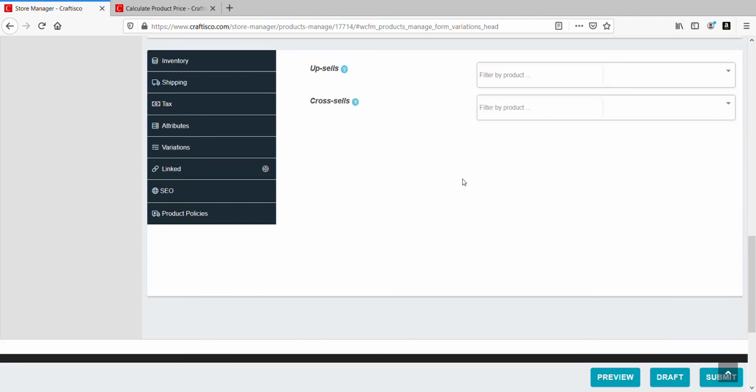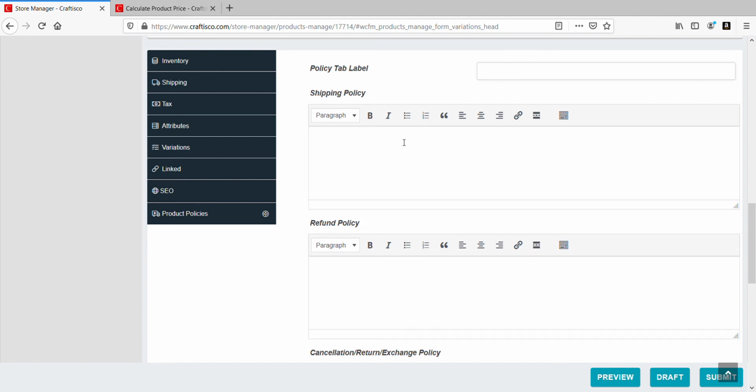Linked, we always say always link your product so that when a customer searches a particular product and looks at your product, they'll also come to know there are other products that you're selling. SEO is the search engine optimization. Keywords which help Google search products and feature your products, and your product policies, if any. What is your shipping policy? How many days it takes? 6 to 7 days of delivery.